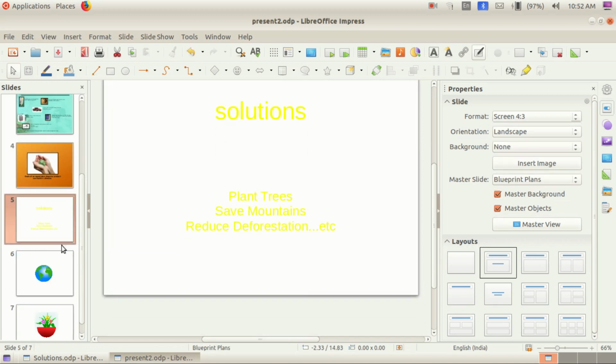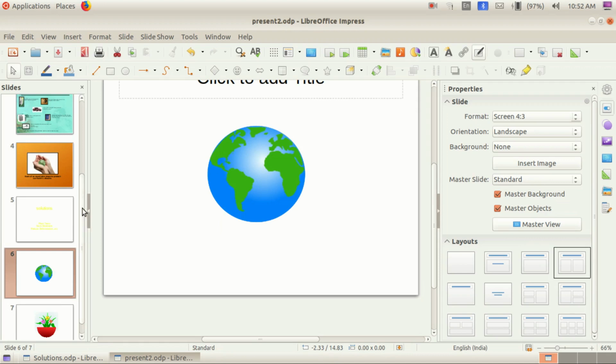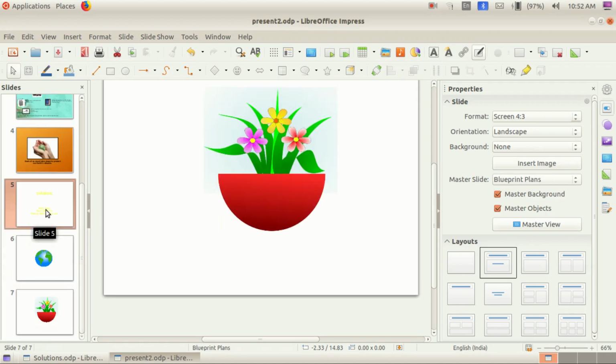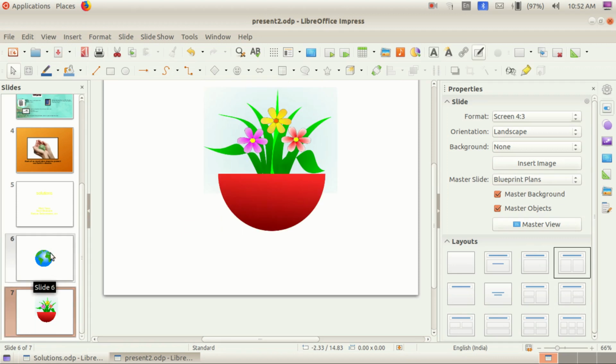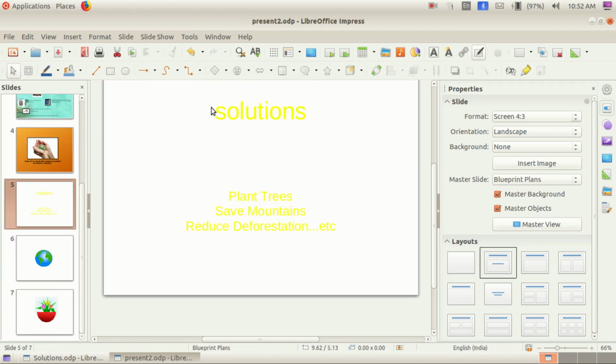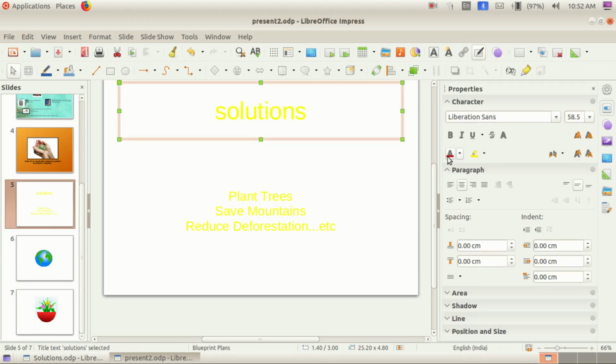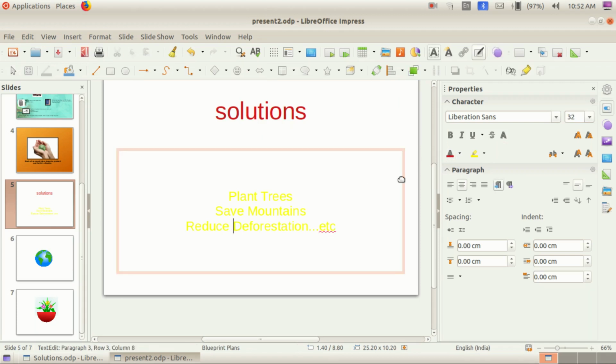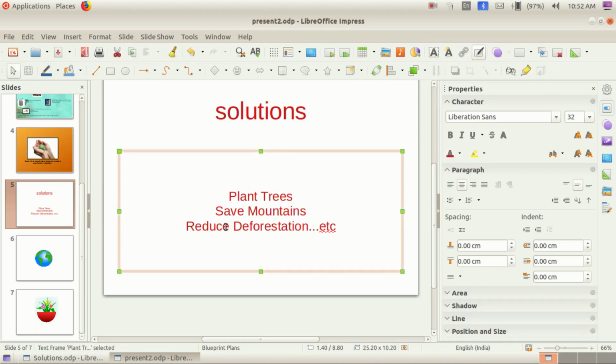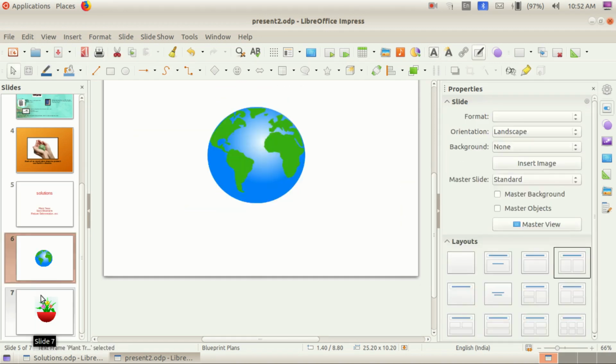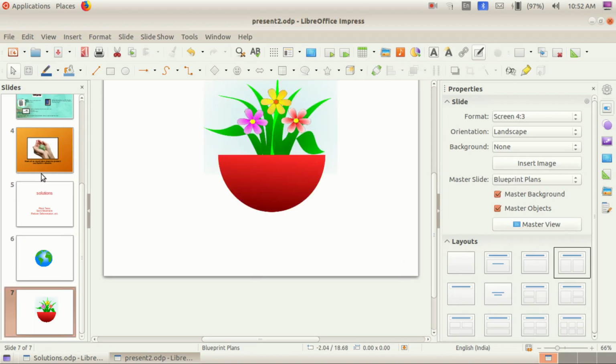Now that background is not here, and all the slides and the matters we have here. Let us change this color because it is white. Do you see now all the slides and the content from those slides also inserted here, children?